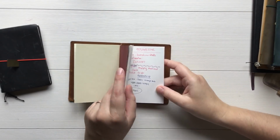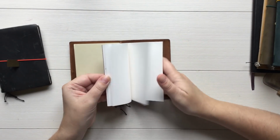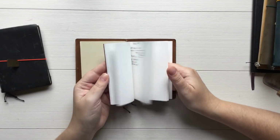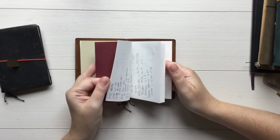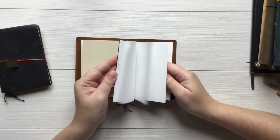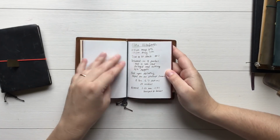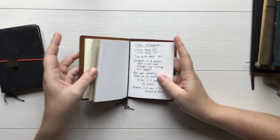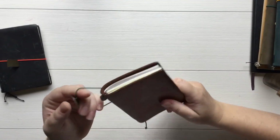And then this is just a catch-all notebook for notes with the baby. So I've got Cullen up here in the front for doctor's visits or just anything that I need to jot down with him, and then Clara is going to be the second half of this insert. So yeah, I keep all of these,